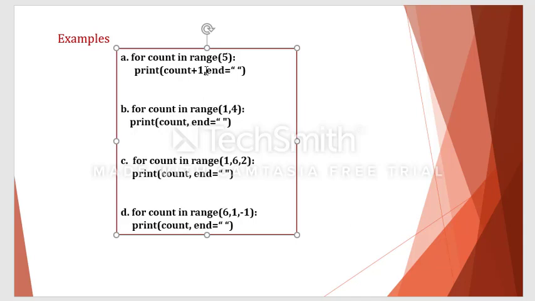Most of the programmers and developers are developing programs in Python, and especially in the data science field, Python is used extensively. For developing different algorithms, different protocols, all these things Python is used.